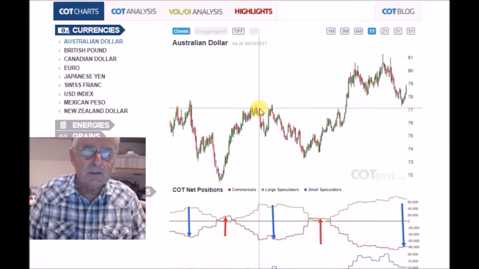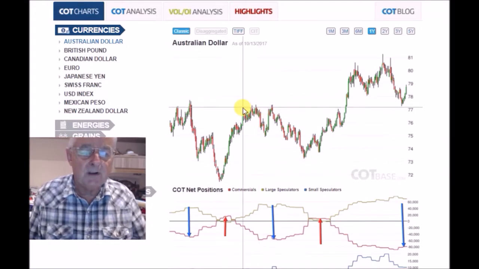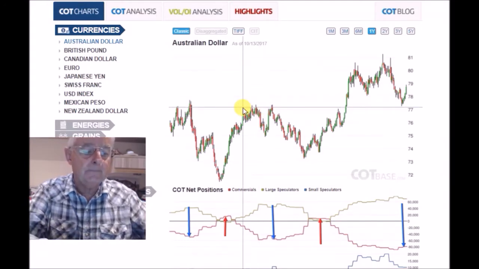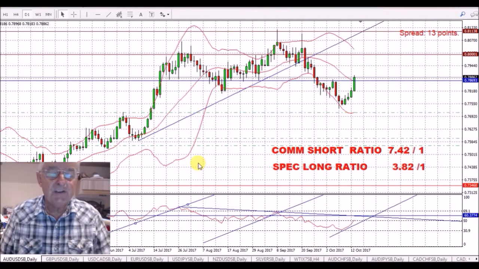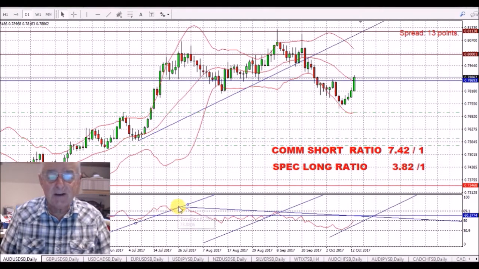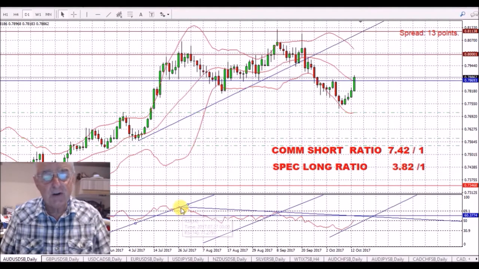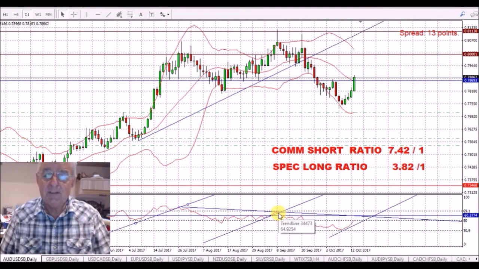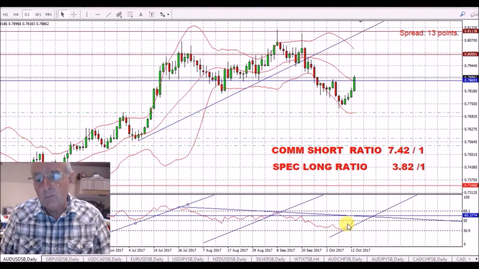This is a very useful tool to be using, and we can show you other ways that we use it and other things that we do with it. So here we have the Australian dollar, US dollar, and we've got the RSI. Now if we put a trend line on the RSI and we wait for it to go above the 69.1 and come back down and cut through it, this gives us a sell signal. Now this obviously would have been a very good sell signal here. We had a sell signal here indicating this big long fall that we've had,